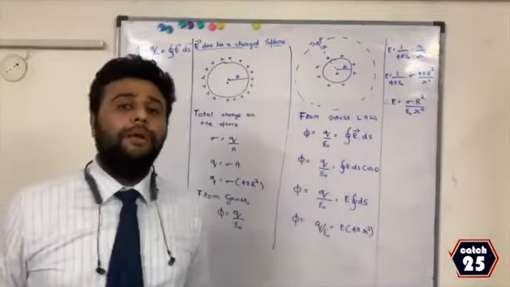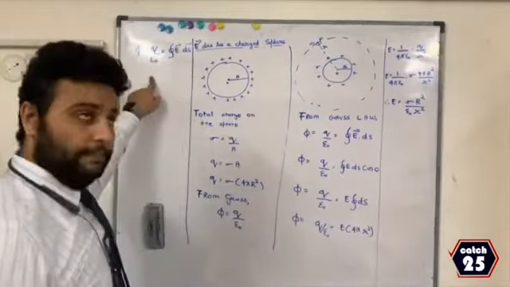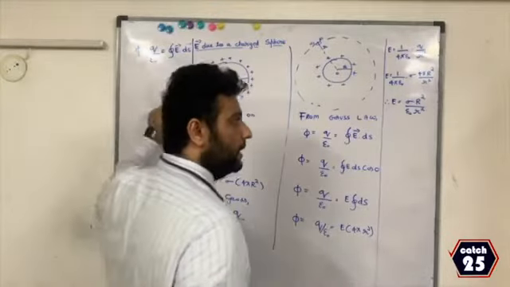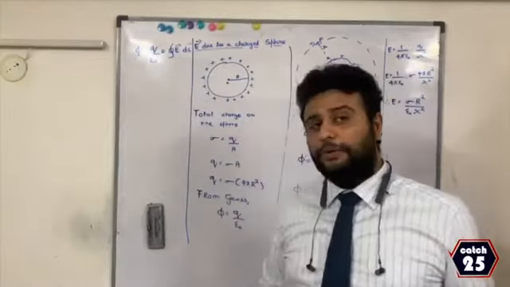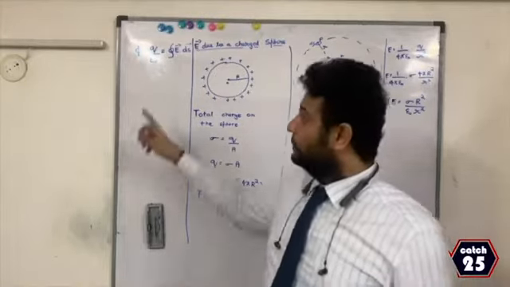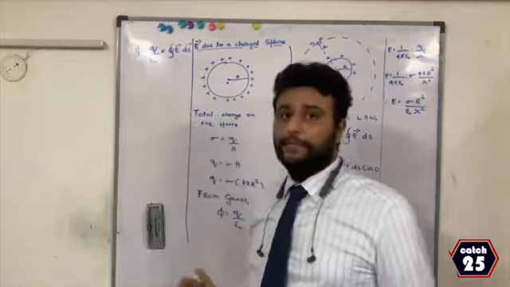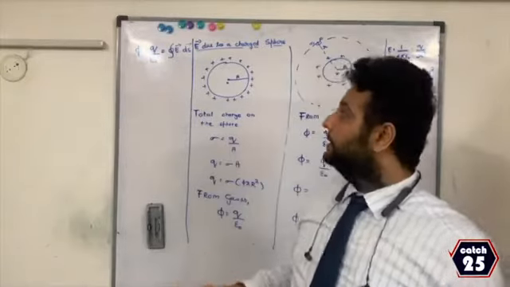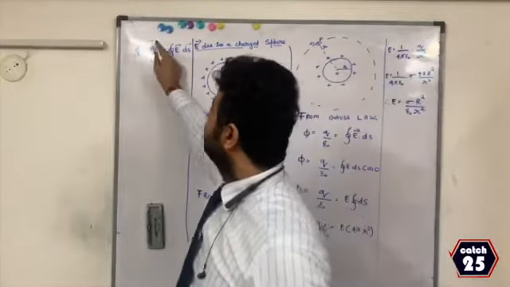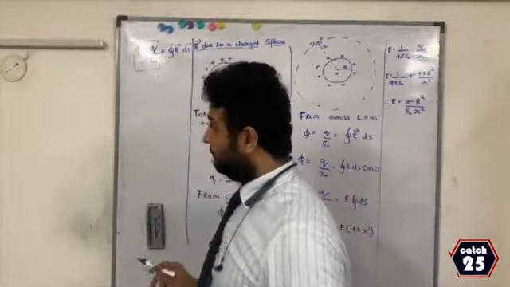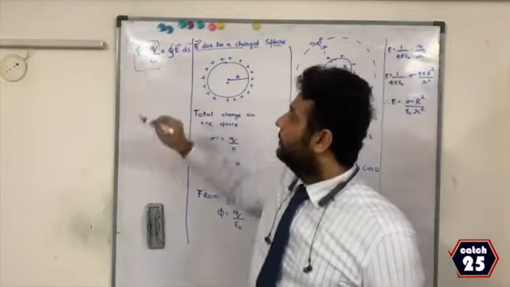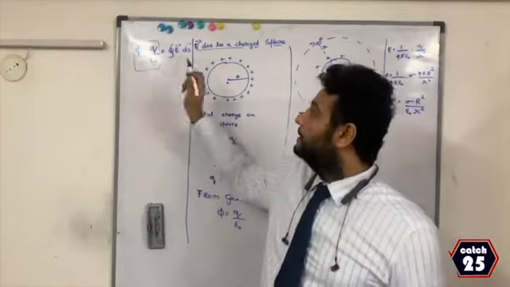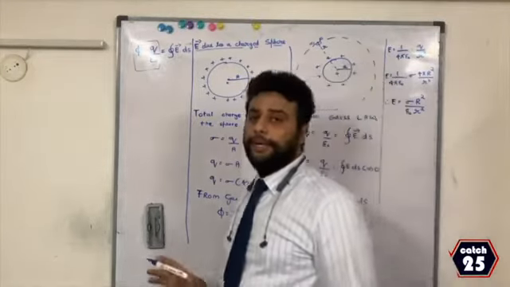Therefore, there are two formulae for electric flux. One is Q by epsilon naught, another one is integration of E ds. Integration of E ds was already given before. Gauss told phi is Q by epsilon naught. This is actually Gauss theorem. But how many formulae for flux do you have? Two. One is Q by epsilon naught and one more is closed integration of E ds.